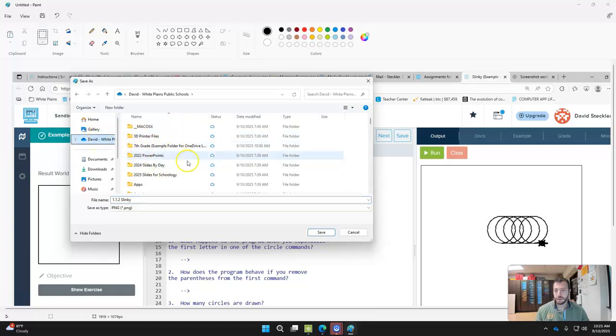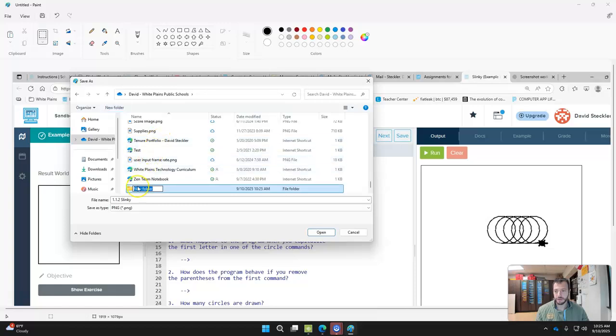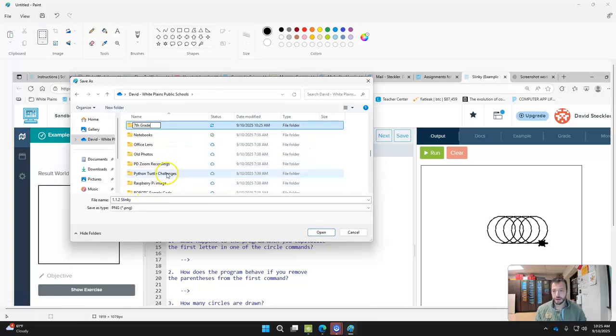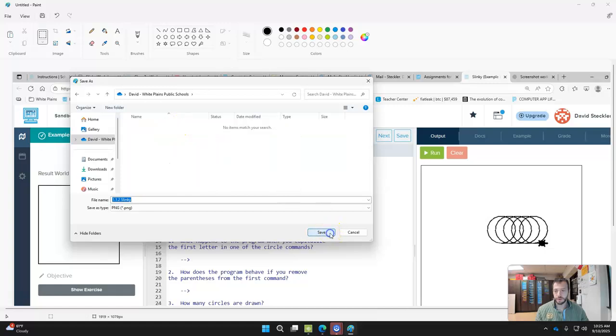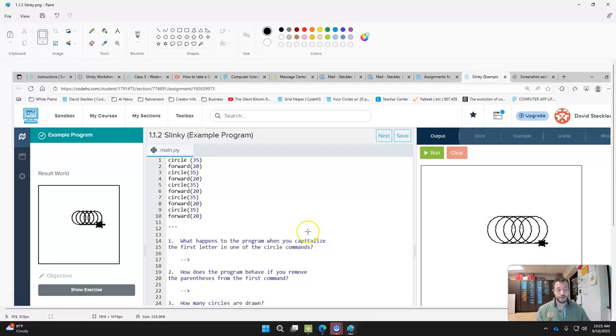Now currently you may or may not have a folder for 7th grade and computer science. I have an example folder, but if I didn't, I would click New Folder, and then I would title that. It would give me the option to type 7th grade, and then I can click Open, and then I'm inside of the 7th grade folder. I would make a new folder, and I would title that Computer Science, and I would again click Open 2 times to open it up, and you'll see I'm inside my 7th grade inside of Computer Science. I've already named it, and I'm going to click Save. So I've now saved this into my digital storage.